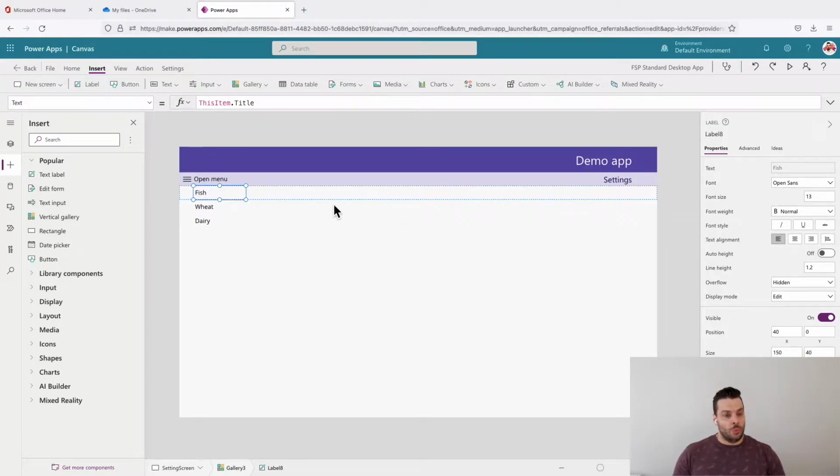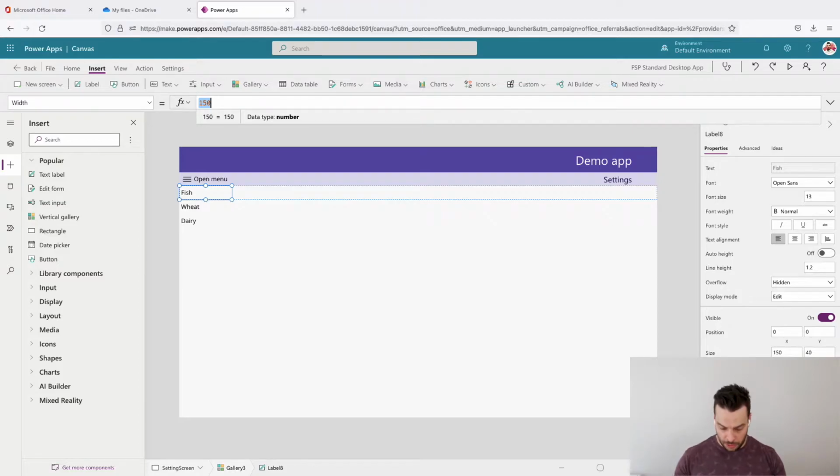Because we don't know what the length of the question is going to be, someone could write a really long question out at this point in time. It's going to be dynamic. We don't want to be worried too much about it. I'm going to do a couple of things to just give us a bit more space to work with. So I'm going to position this text label at 0 right at the very beginning, and I'm going to make the width of it